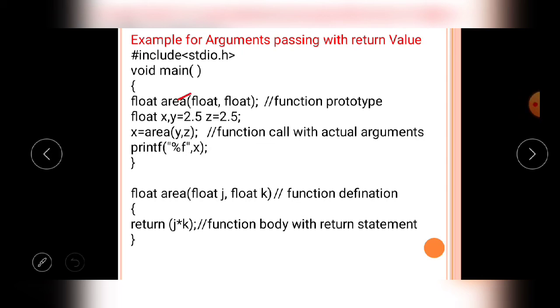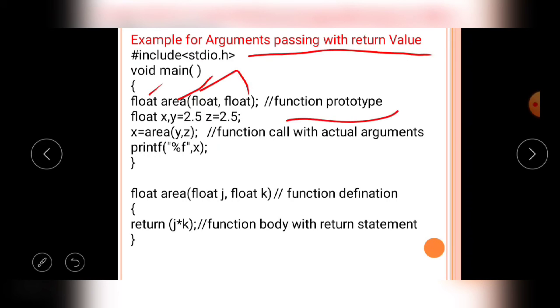The area function is a user defined function of type argument passing with return value. This area user defined function will receive 2 float values. Then after completion of the execution, it returns a float value.